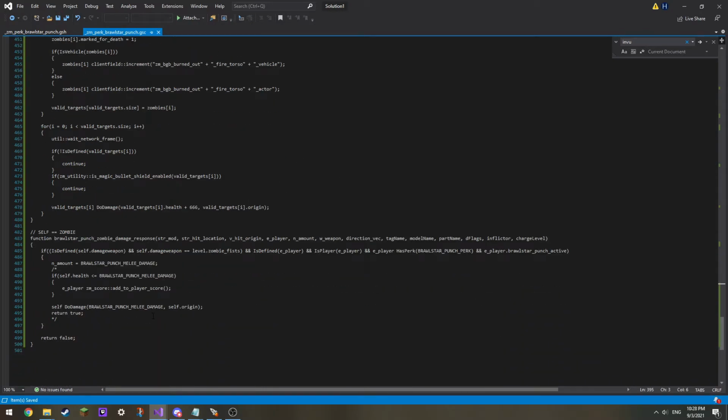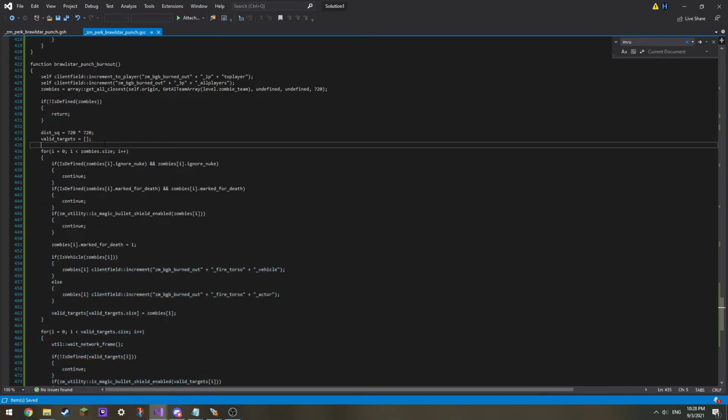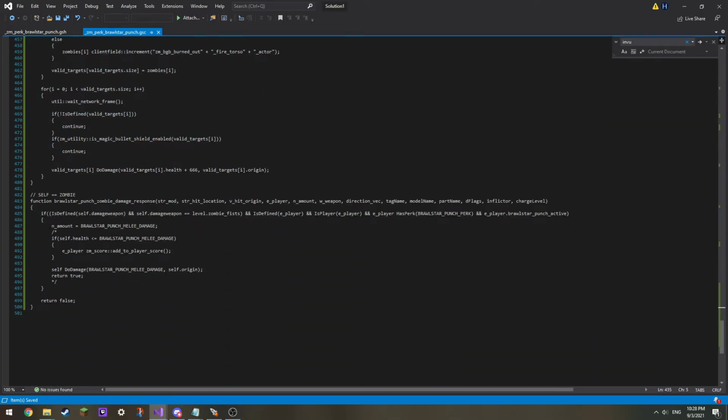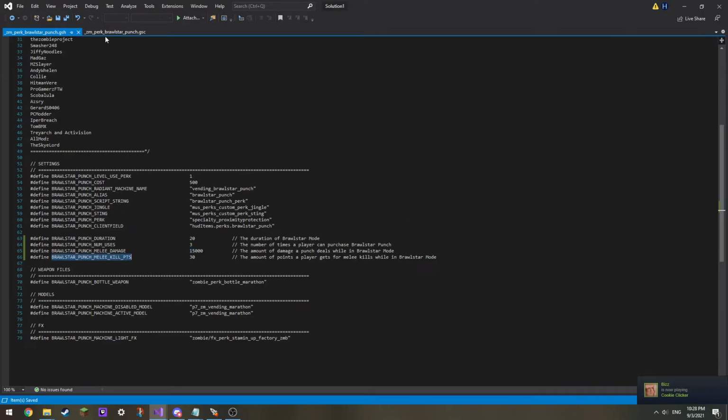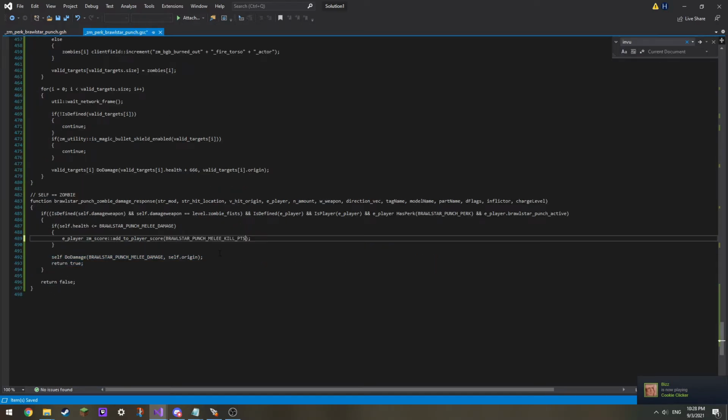We should be good to test out all this stuff up here, all the burned out stuff that we've added. If we crash, that means that the client fields are not set up by default, which is not good for me because I'll have to have a bunch of client fields in, but we can do it. It's not difficult. So we actually want to copy paste this into here, since I didn't earlier, to actually give